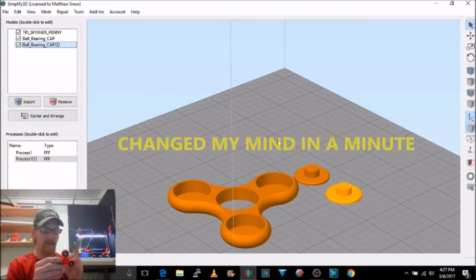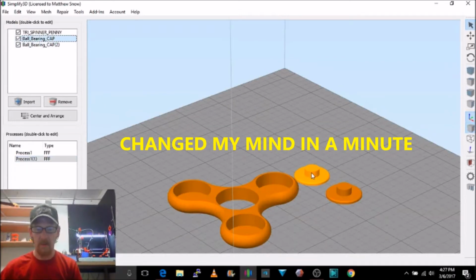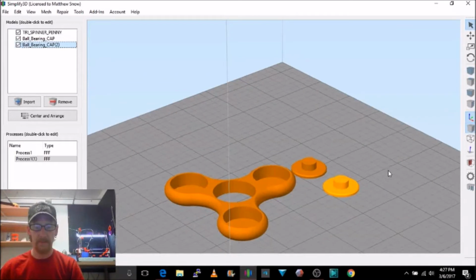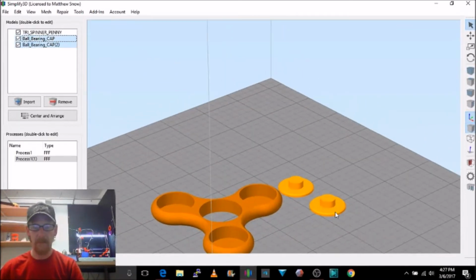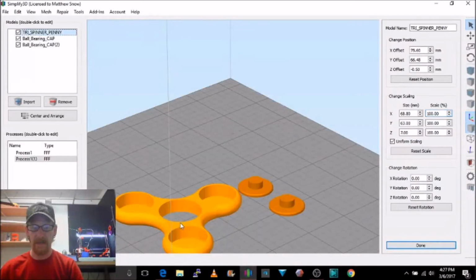And then, of course, the other problem is the top of these caps were too big to go inside of the center hole of the bearing, so I actually decreased them to 99%. So that being said, that's possible using my slicer. I can just select on those two models like that, and I'm going to scale them down to 99%. And this guy, I am just going to print him as is